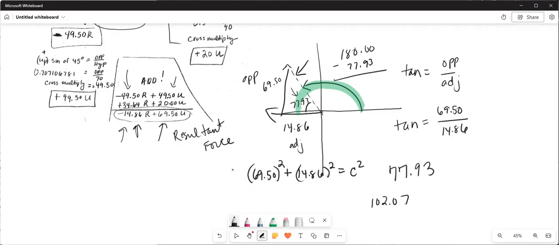The easiest way to do it in your calculator is to put 69.5 in, and then there is an x squared button that will go ahead and square it for you. And then what I've been doing is I just write it down. The square is 14.86 squared, 220.9. 0.8196. Okay. So you add those two together,